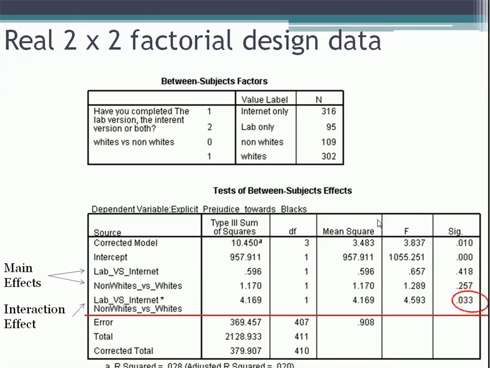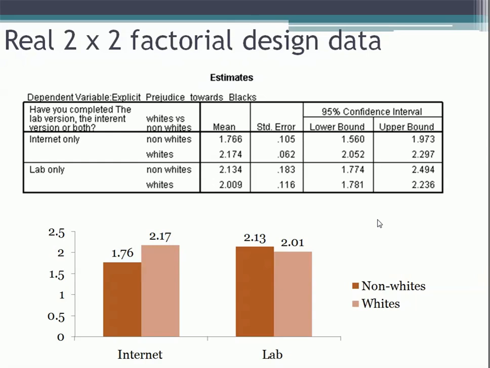Now, in order to unpack this interaction, we have to create a graph, right? So in the ANOVA output, it'll give you estimates of the means for each of these groups. So this is the internet group, non-whites and whites, lab group, non-whites and whites. Here are the means for each of these groups, which I've just plotted down here. Now, what's kind of unusual about this data? There are some things that make sense. The people who are scoring highest on explicit prejudice are the whites when they are on the internet. The people who are scoring lowest on explicit prejudice are the non-whites when they are on the internet, which again